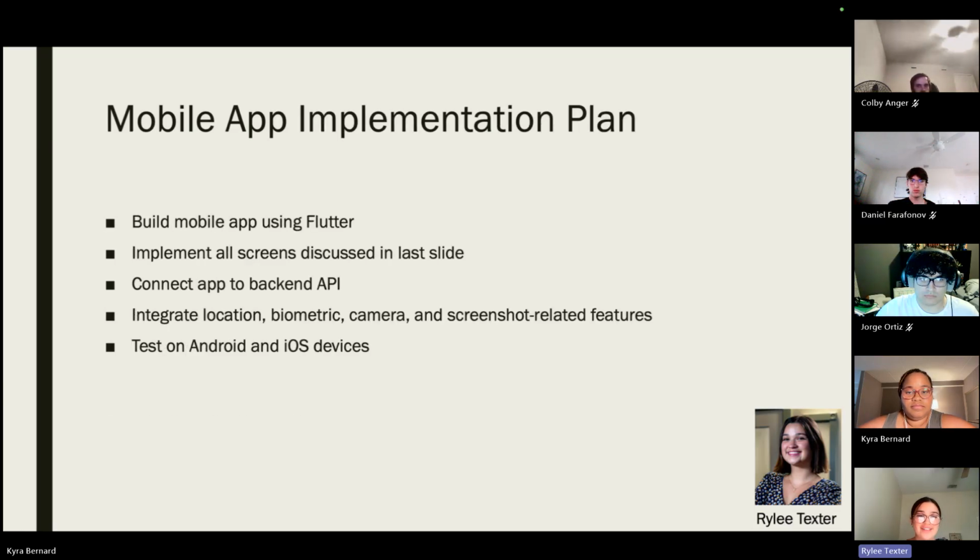Okay, so the mobile application will be implemented in phases. First, I'll set up the Flutter project and develop the basic navigation and screens. The next phase will connect those screens to the backend API. And then after this main communication is working, we'll integrate the mobile device features like location services, biometric authentication like Face ID or fingerprint, the camera access, secure storage, notifications, and screenshot handling, where each operating system supports them, because it'll be different depending on the operating system.